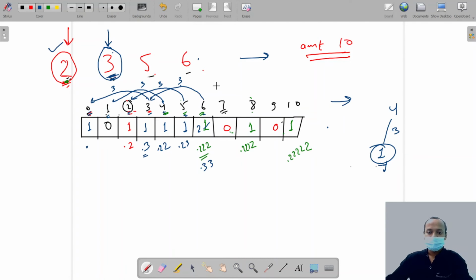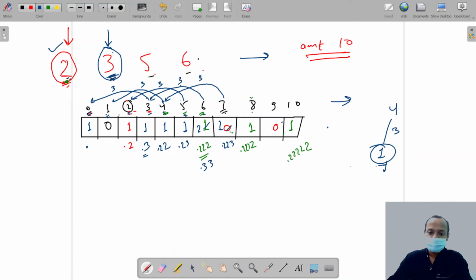Okay, now we are at 7. So we are using the 3 rupees coin, right? Now the amount left is 4, and we see there is a way to pay 4 rupees, that is 0.22. I'm writing 0.22 and adding the 3 rupees that I'm using. So this is the way to pay 7: 0.223. It means we are using a 2 rupees coin and a 3 rupees coin. So the total is 7, right?